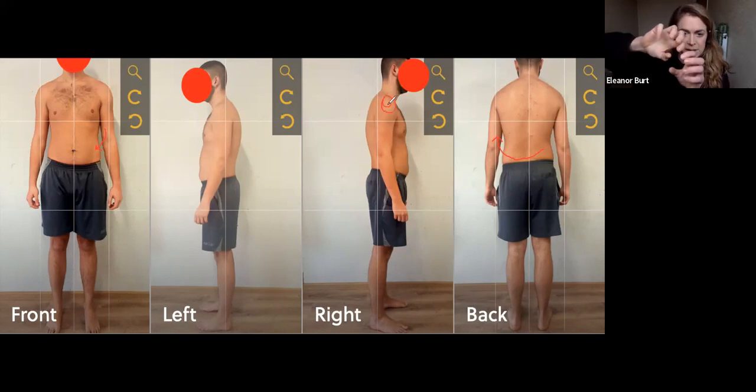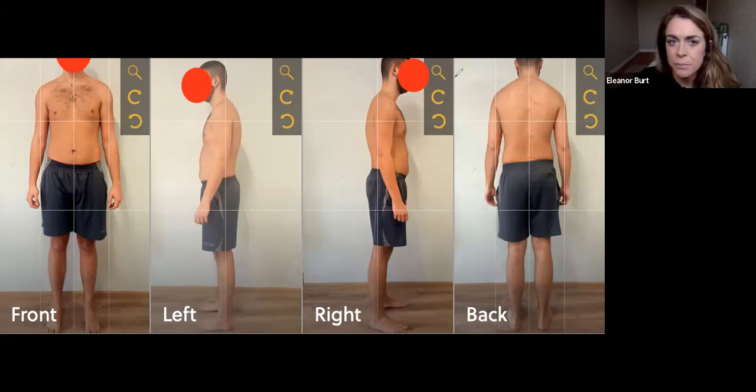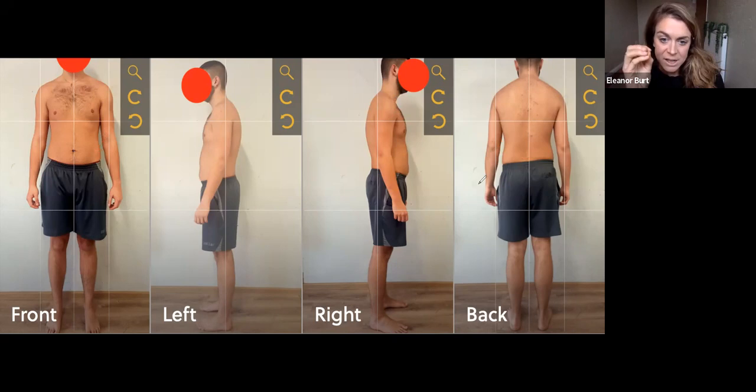So it's almost like he's got a twist going on through his pelvis, through to his rib cage, and through to his shoulders and to his head. So just to summarize what I've said about this guy here, if he was my client, I'd be asking serious questions about what's going on with that elevation through the right side of his pelvis, pinching through that rib cage